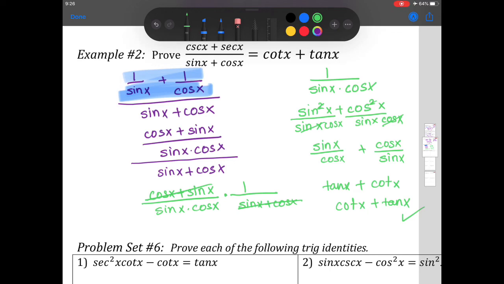I know this was a little intense, but you always have to see, because when I got to this step here, I couldn't really see how I was going to get my cotangent when I'm left with sine and cosine, right? And then substitute 1. Can I substitute? Think about it. What is 1 equal to? And that's where it came from, that it's equal to sine squared x plus cosine squared x, the Pythagorean identity. Anyways, try